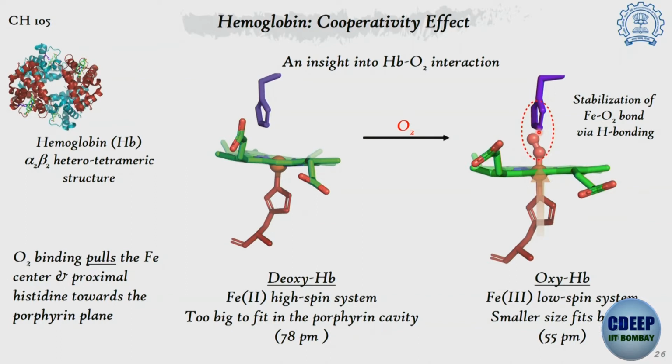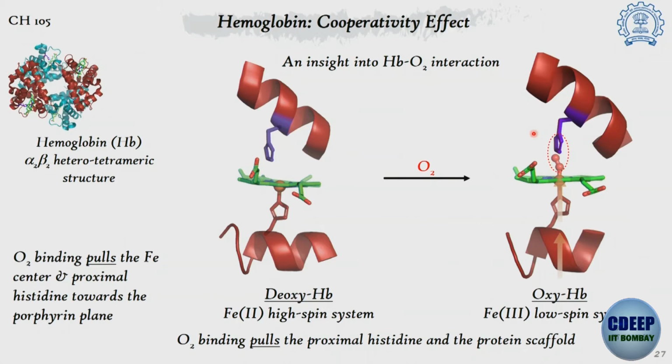So once the iron binds to the oxygen, it gets pulled up, and the histidine over there is also helping this movement because it is stabilizing the oxygen adduct. So through these two interactions, the movement of the oxygen and binding to the iron makes sure that the iron gets pulled up into the porphyrin ring, and along with that the proximal histidine also gets pulled up, and the distal histidine is stabilizing the oxygen adduct.